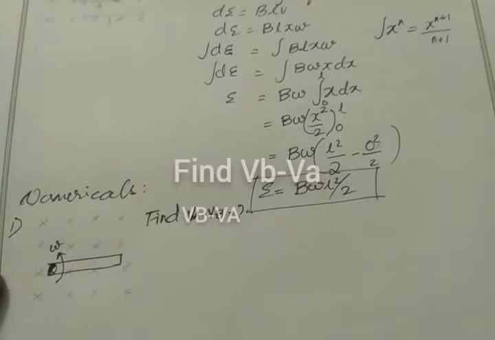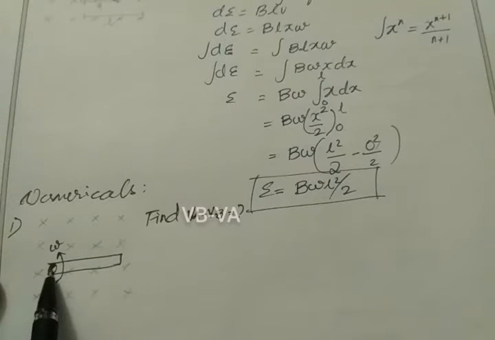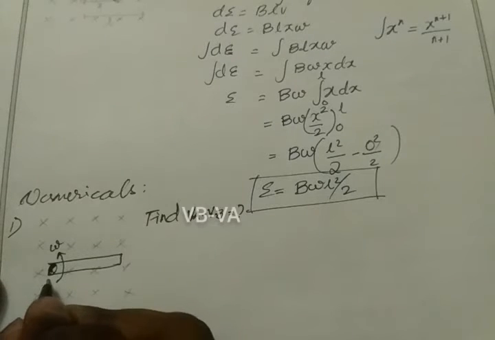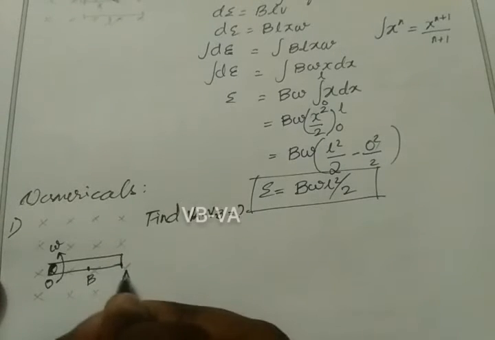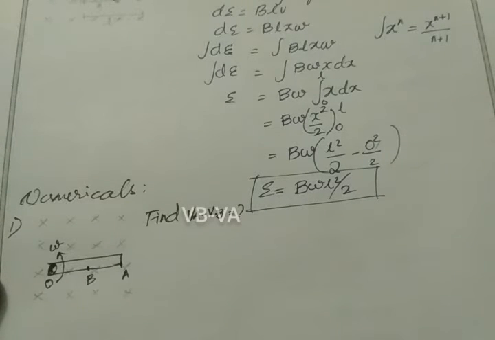This is our first problem. Given a rod rotating in the anti-clockwise direction about a fixed center inside the magnetic field. We take this point as O and the center point of the rod taken as B. The other end is taken as A. When the rod rotates, it produces EMF, hence it is considered as a battery. So a rod is considered as a battery. It has a positive terminal and a negative terminal. And the length of the rod is taken as L.